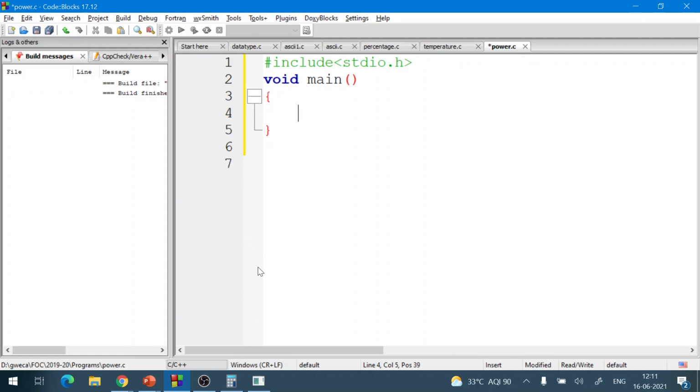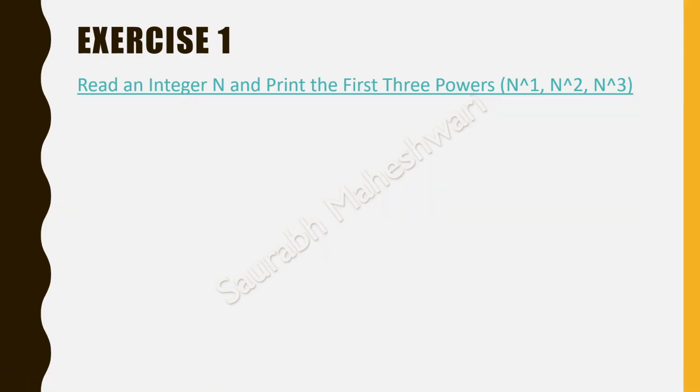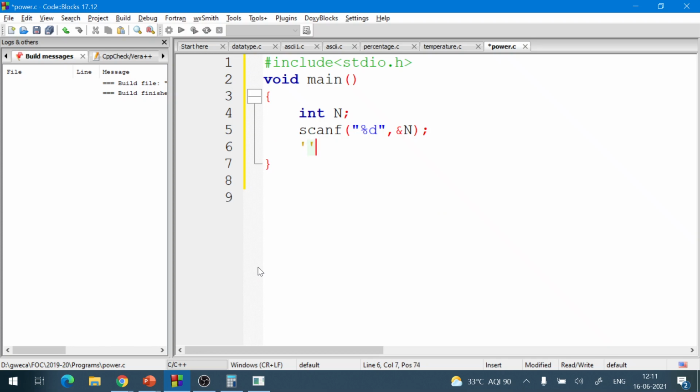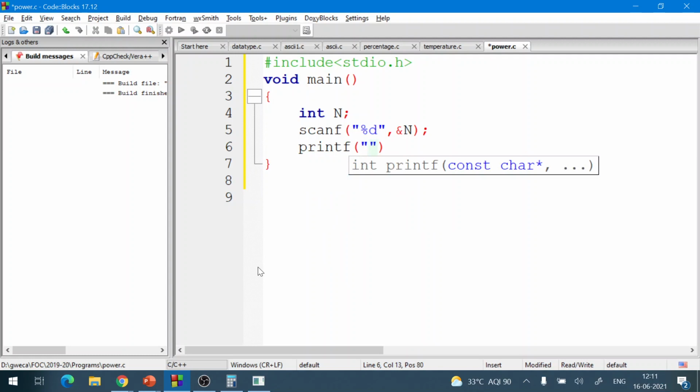Now what is given: read an integer n. So I require an integer n to be read, and I can read it in the way scanf %d comma ampersand n. Okay, in this way we can read this integer. Now what we want to print is the first three powers. Now printf, see this carefully: any power of an integer is always an integer. So I want to print 3, so I can write over here also